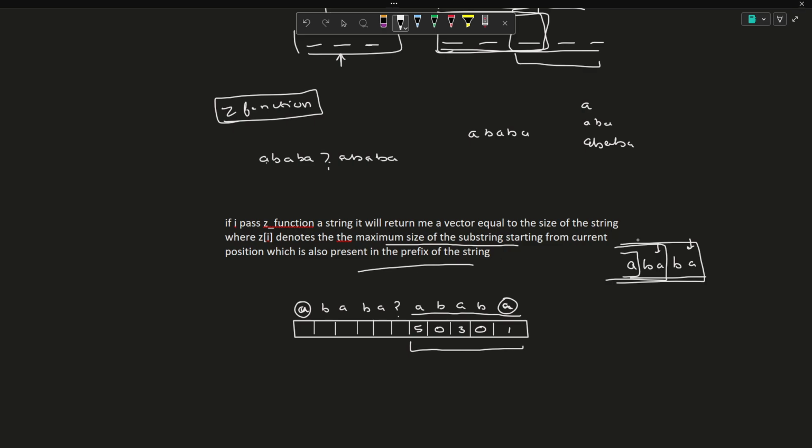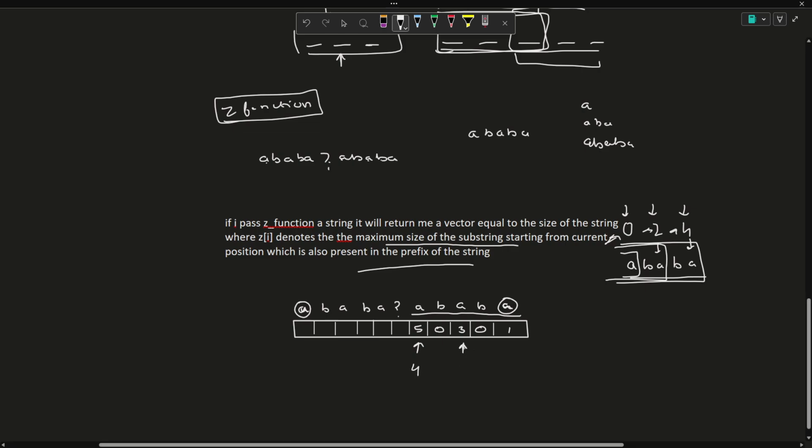How did I get these 3 positions? The first position that I am interested in is 0, the second is 2, and the third is 4. That means in this original string, positions 0, 2 and 4 denote the prefixes which are valid for our use case, where the prefix and the suffix are the same, right? So how can you get these indexes 0, 2 and 4? Here there are 5 characters remaining, so the index should be 5 minus 1, 4. Here there are 3 characters remaining, so 3 minus 1, 2. Here there is 1 character remaining, so 1 minus 1, that is 0. So 0, 2 and 4 are the prefixes, or the prefixes ending at these positions, which are important for